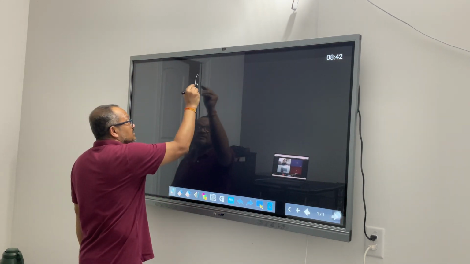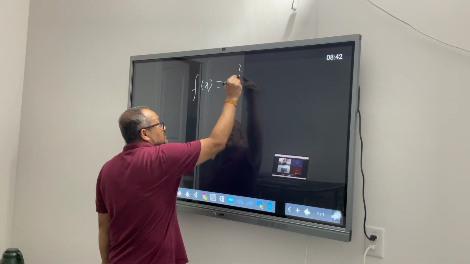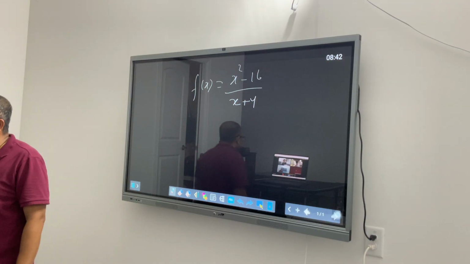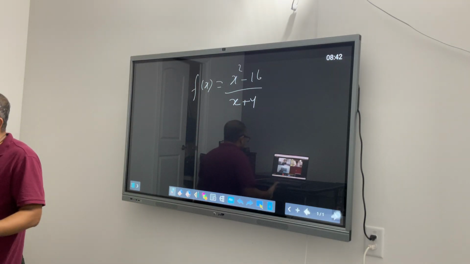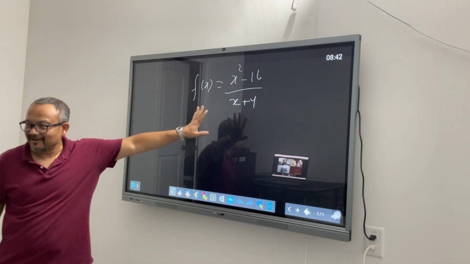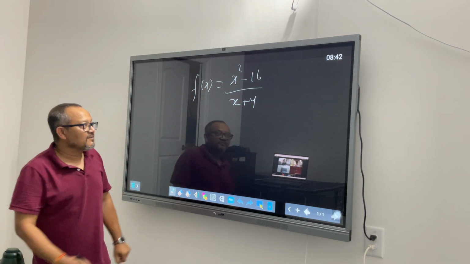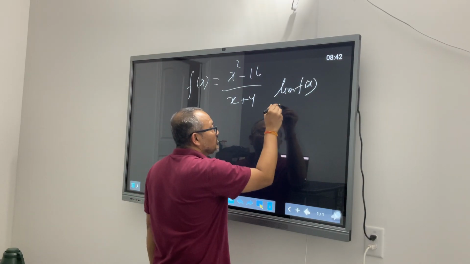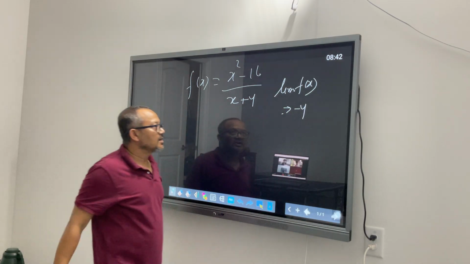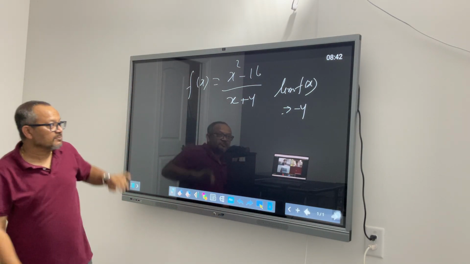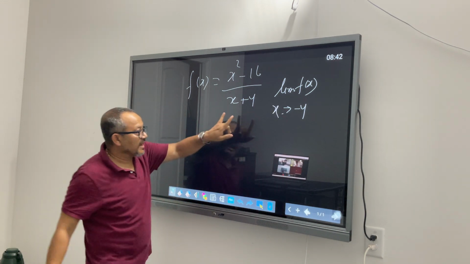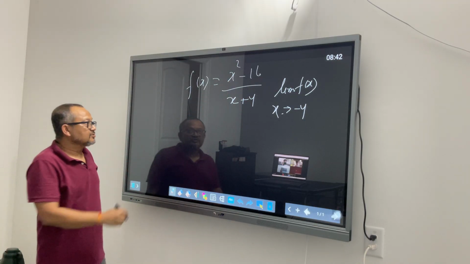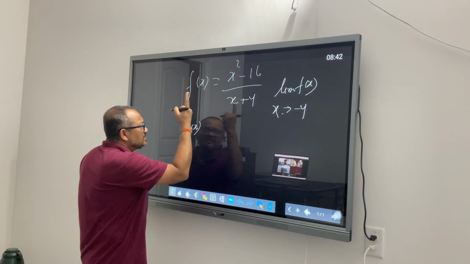My simple equation was this. My function was f of x equal to x square minus 16 by x plus 4. Sometimes I muddy the water a little too much to get trapped in my own muddy puddle. So here's the function, and we were trying to find out the limit of f of x when x is approaching minus 4. First thing we saw was, from a strategy point of view, when x is minus 4, this became 0 and this became 0, 0 by 0, it is undefined. So then we looked at the function of x and tried simplifying it.